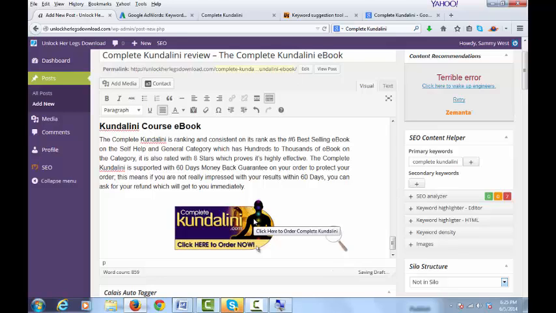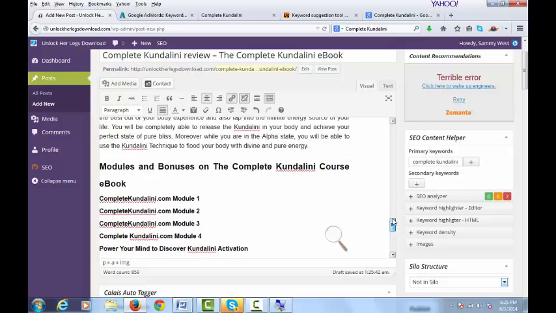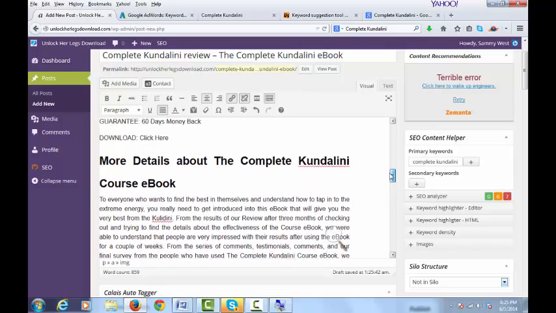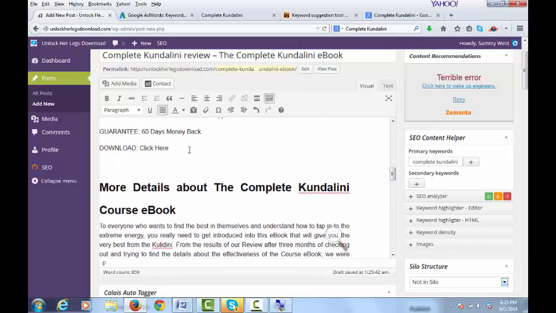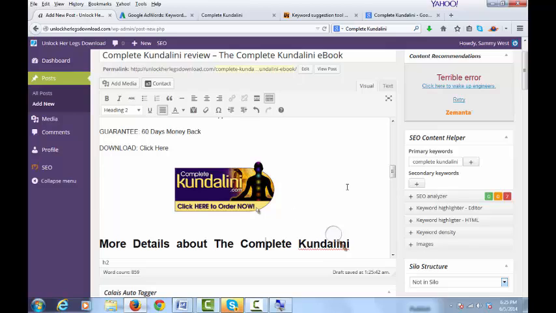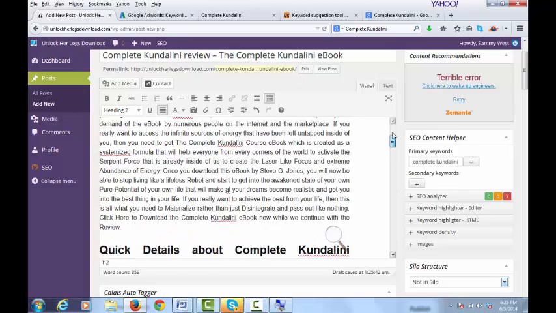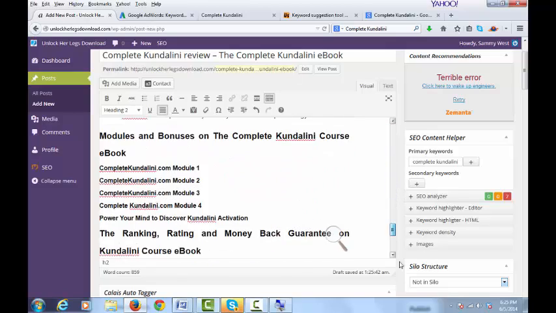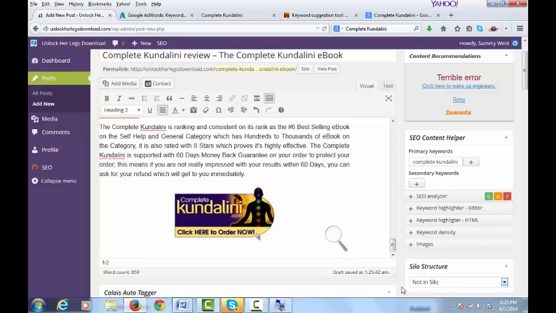So how many times do you want this image? We can repeat it. We may need the image maybe 3 times on this post. So let's go and paste the picture somewhere else again. This is it. This is the picture. So now we have already optimized our post in such a way that when we publish, we can have a